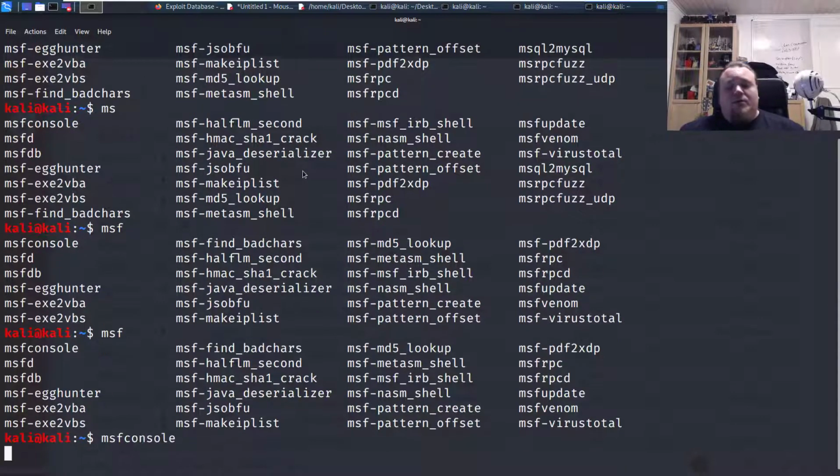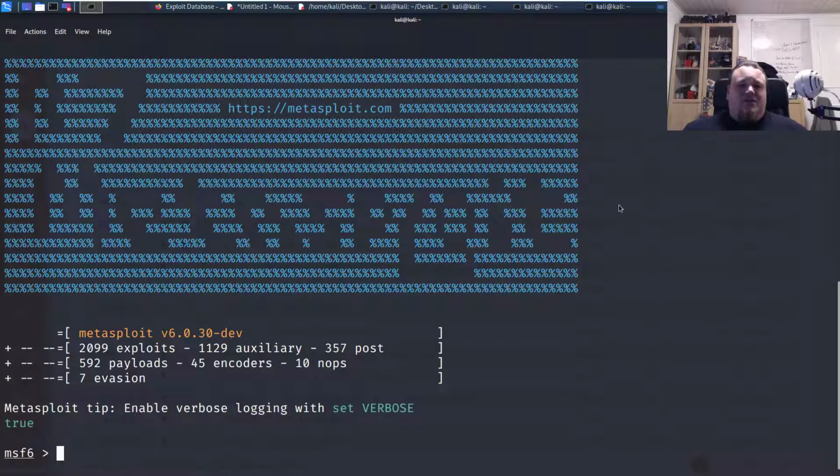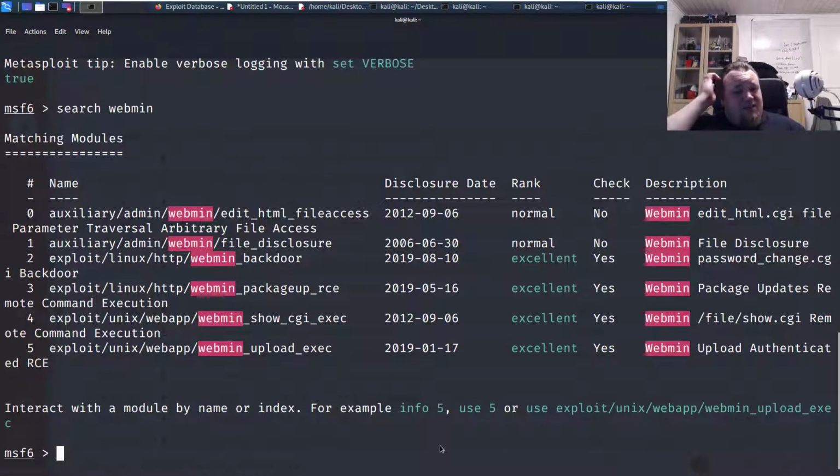Alright, so Metasploit is one of those big frameworks that I almost never use because it's just big software, a framework containing loads of things, but you can use the search and Webmin and see what you get. So Webmin is then a word that I should have been picking up before. I am really tired, so